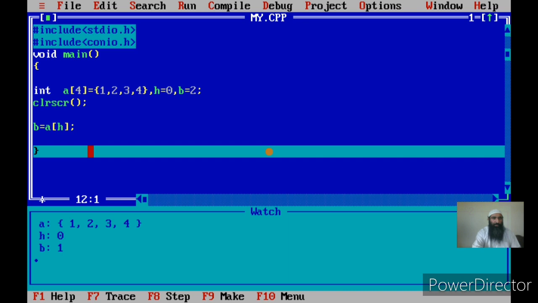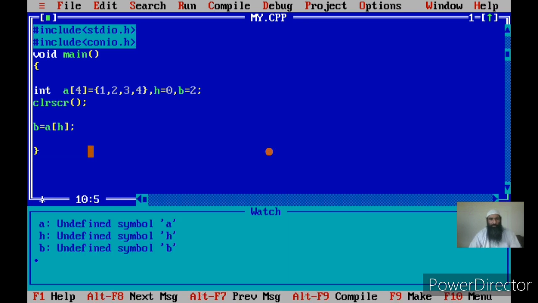Now if I use a of plus plus h, what does this mean? Again it is the pre-incrementation form. What happens? The value of h will be incremented first, so h will become 1. So now I am not referring to the 0th element, I should refer to the first element. That is, the value of the second element will be stored in b, because the value of h will be incremented to 1, and that is the index of the second element.